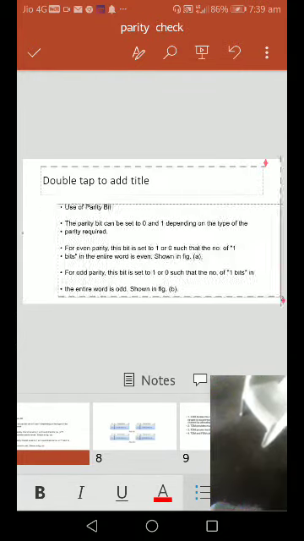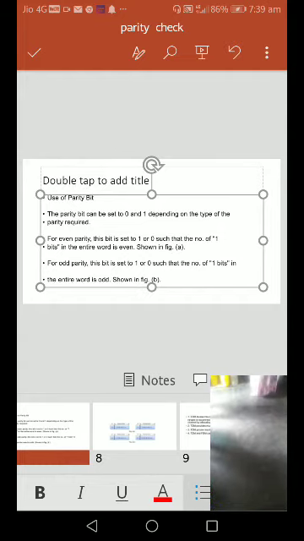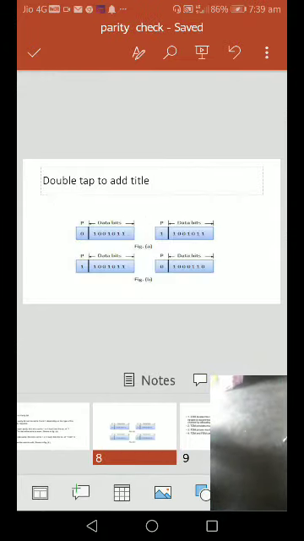Parity bit, odd parity. The bit is set to be 1 or 0 such that the number of 1 bits in the entire word is taken as in figures A and B,